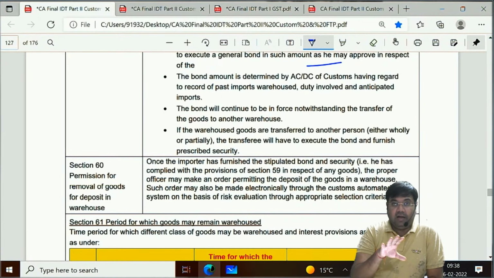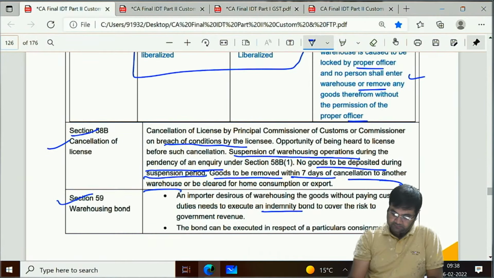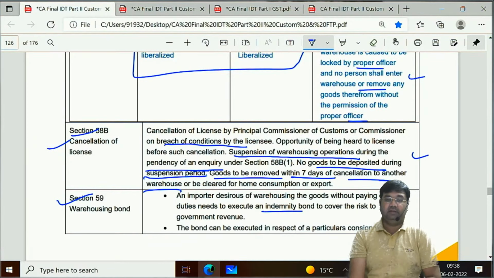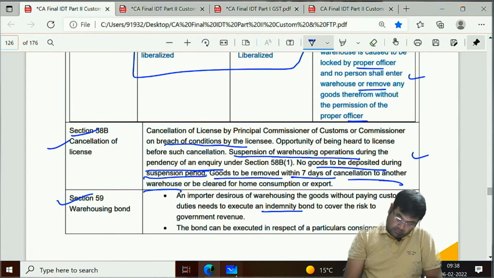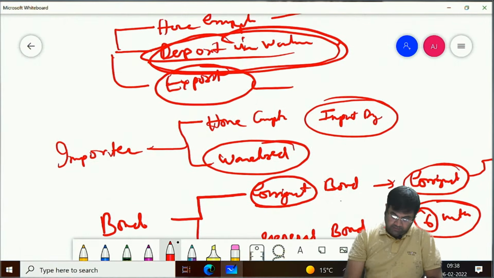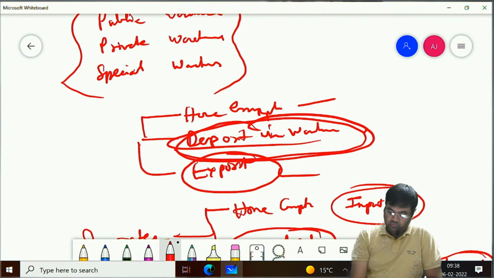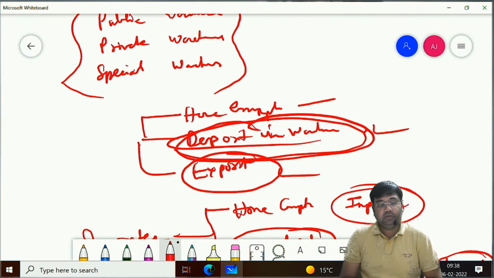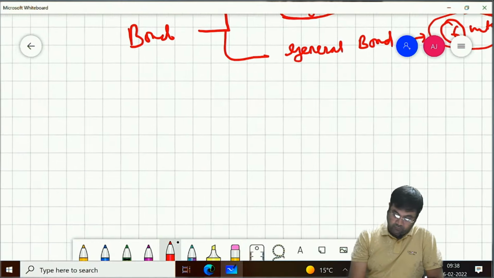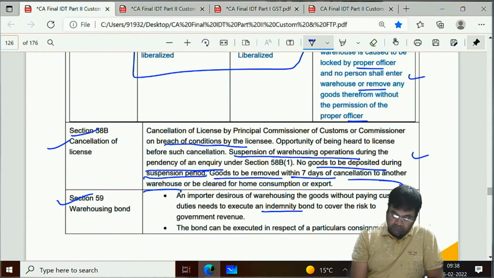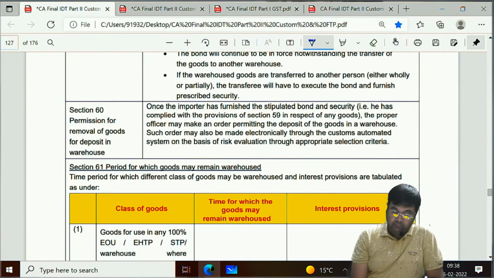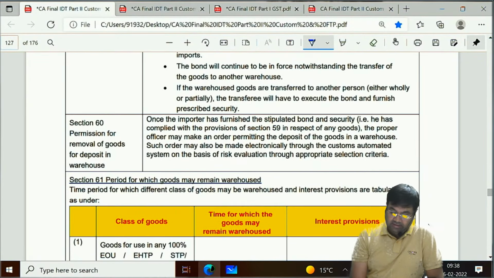If suppose goods are transferred from one warehouse to another warehouse, let's say the warehouse license is cancelled, and that person chooses to go for deposit in another warehouse. So that bond is going to be continued. Okay, because he has not opted for home consumption. So the bond needs to be continued. So the bond is not going to be impacted because of this decision of his from one warehouse to another warehouse. But let's say in case